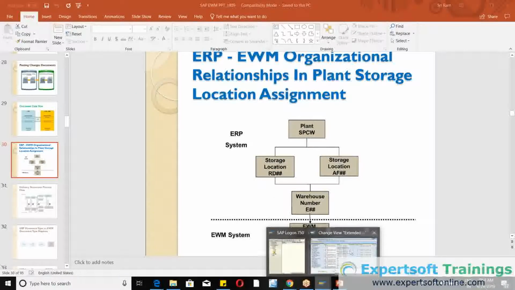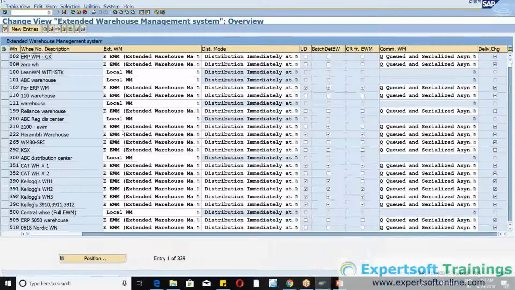But before I go to that, we have something called a logical system. Now we come to the basic settings. So what are logical systems? We need to know about that. I'm coming back to the first note, basic settings of the system landscape. One is the logical system. The logical system is nothing but